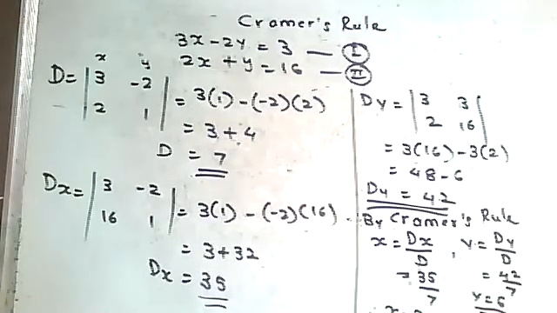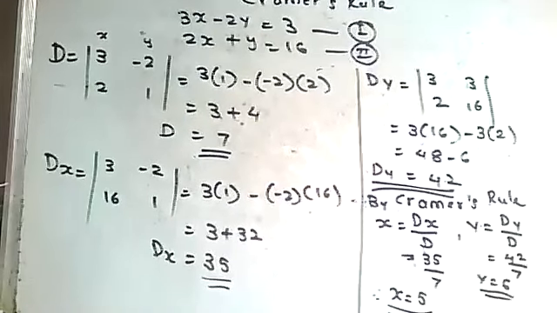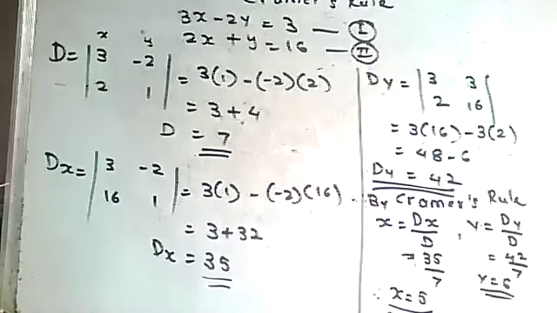Because suddenly if I give you the option, then solving by Cramer's rule you will not understand. That's why I showed you this whole sum by Cramer's method, and that method is easy. The only thing is you are not practical or you are not habitual of it. That's why you may find it difficult.